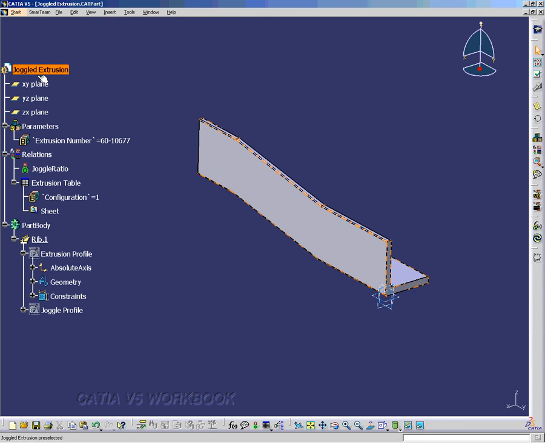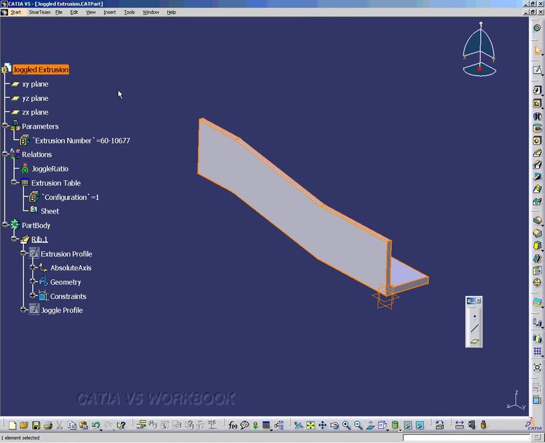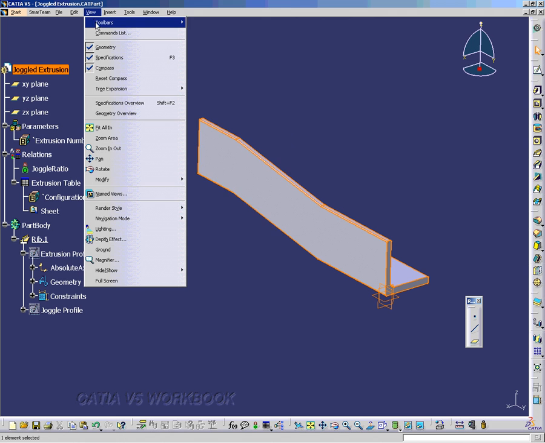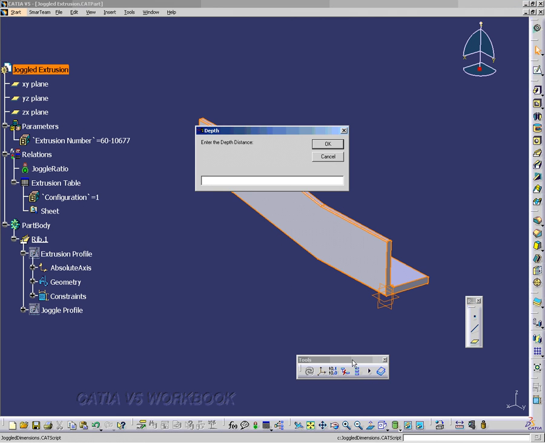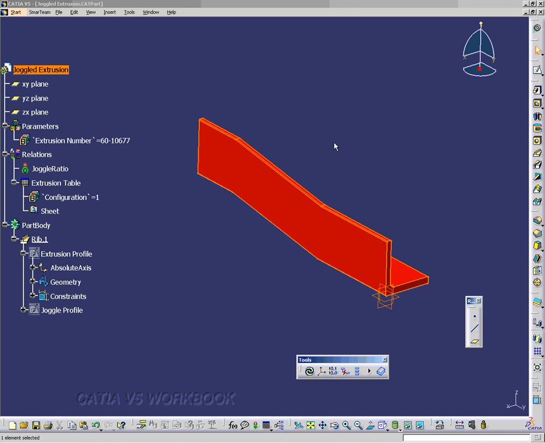First I need to get into the part design workbench, and then I need to show my tools toolbar, and I'll run my macro, and I'm going to enter a depth distance of 1, and I'm going to enter a transition distance of 6, and I'm going to enter the distance to the endpoint. Doesn't really matter,